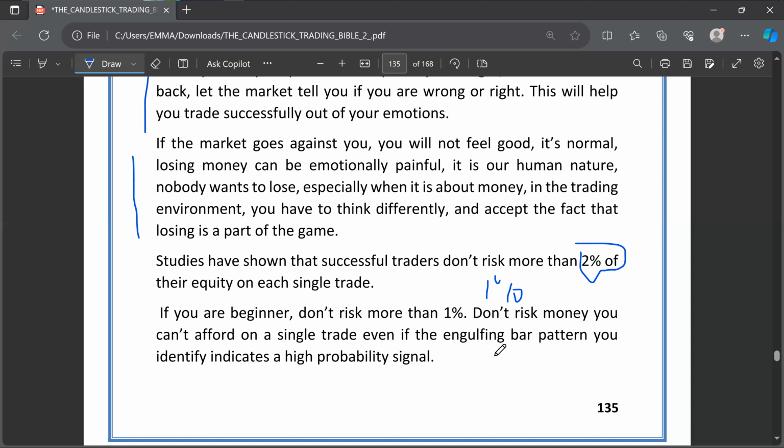For instance, if your trading capital is $1,000, 1% of $1,000, I think, will be 10 or something. Or I think it will be 100. Let me check a minute. 1% of